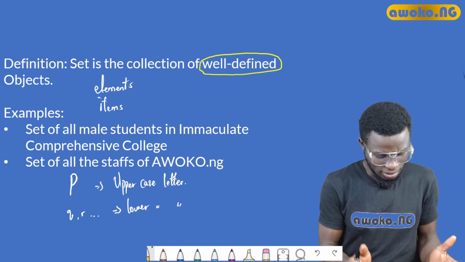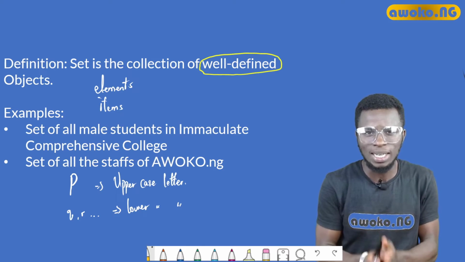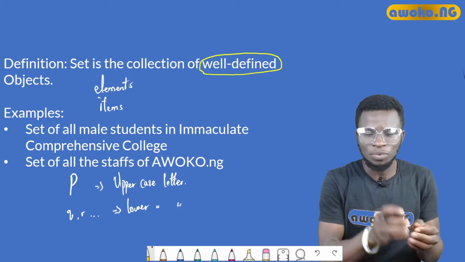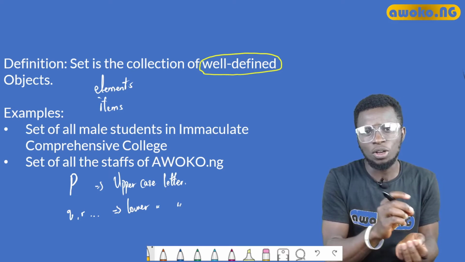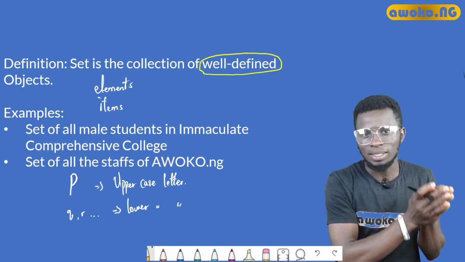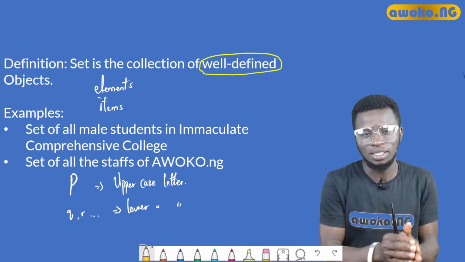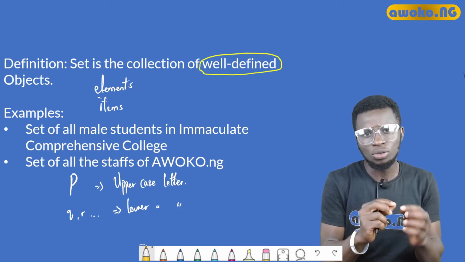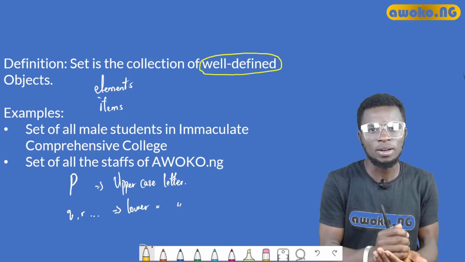So the set of all the staff of Awoko. If you are not a staff of Awoko, then you are not supposed to be among the set. That is, the condition for a member to be listed among the set is that he or she must be a staff in Awoko. Is that okay? So that is all you need to know about the basics of a set as the collection of